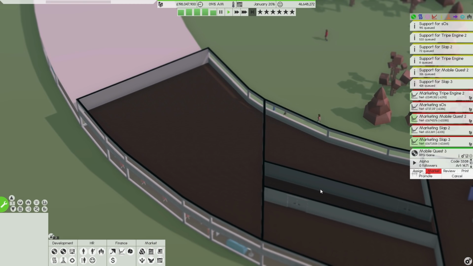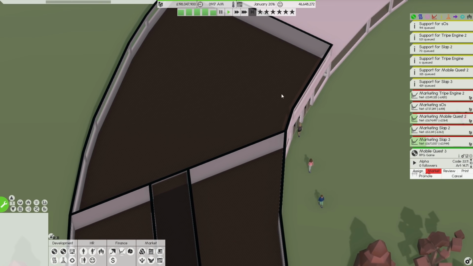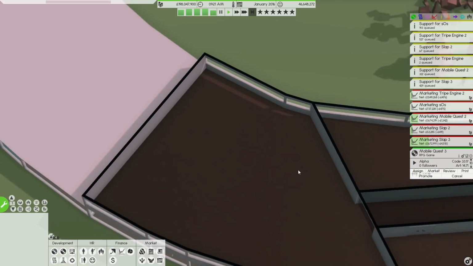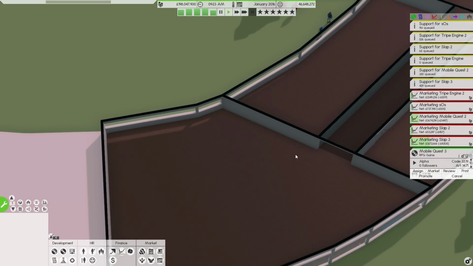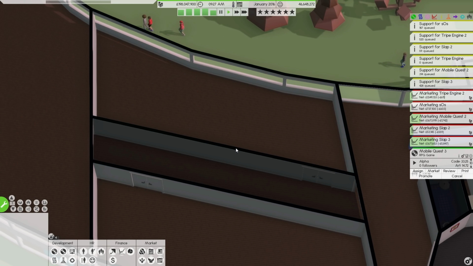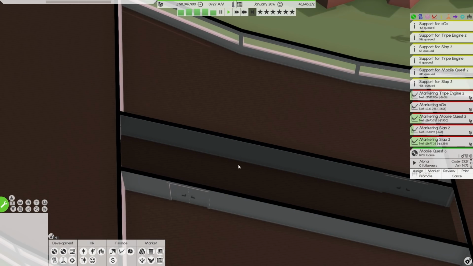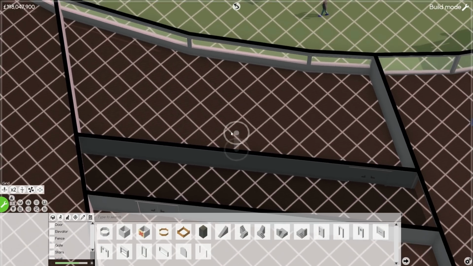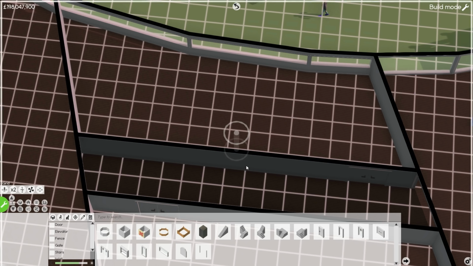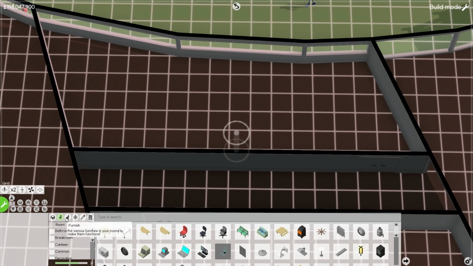I'm also realizing I'm going to have to 100% figure out how to do this corridor at some point, whatever that point may be, which is probably going to be a bit of a pain. But you know what? Let's get something kind of useful. Let's actually get a meeting room in here. Even if it's not some kind of huge meeting room, I think it's going to be a good idea to at least have a meeting room. So let's see what we can do here.